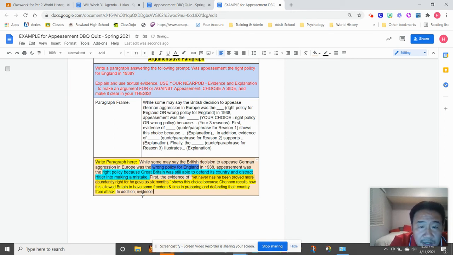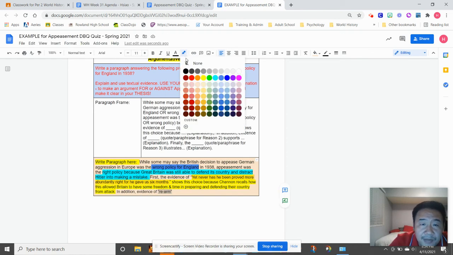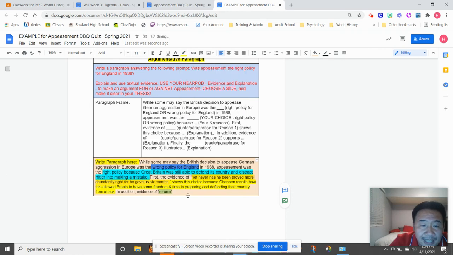Evidence of rearm. So I'm taking everything from only one source, and that's not what you want to do. I want to make sure that you understand that you want to take at least from two different sources, two different documents to help support each other. In addition, evidence of rearm